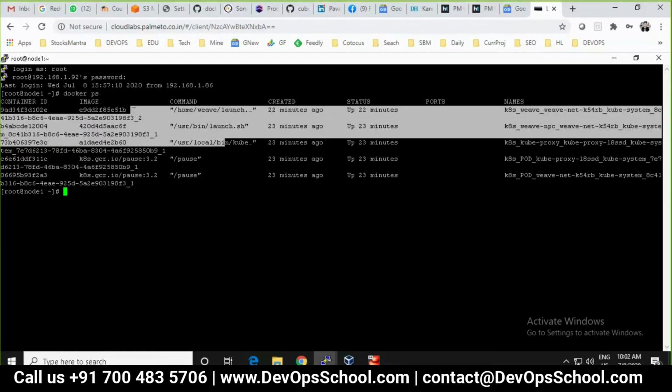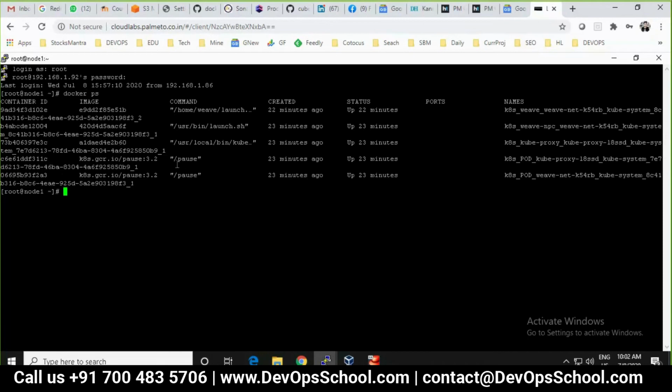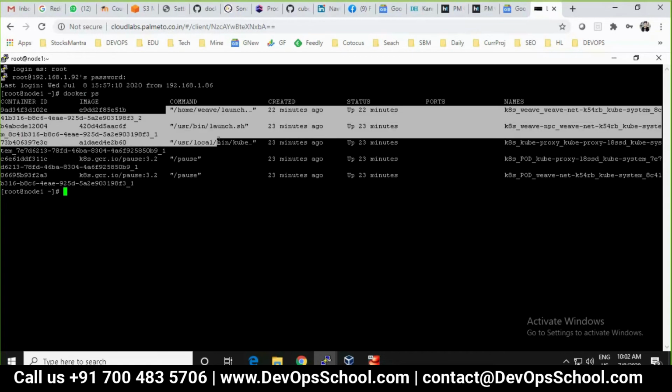Why do I say for me it's 3? Because I do not consider this as a container. These 2 are not containers. Okay, why? What is the reason? You should ask me, but I will answer in the networking topic. Only 3 containers are running right now for the 3 pods. Tell me, what is the question now?